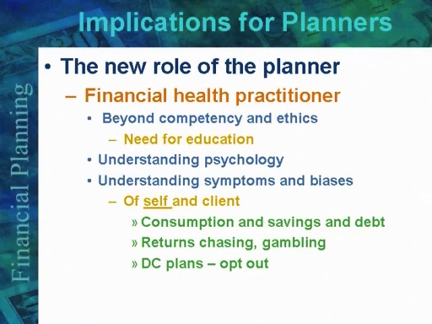DC plans, opt-in, opt-out. I don't know if you know about it. In defined contribution plans, if employees have to opt in, 40% won't opt in, saying they need the money, they can't save, even though the company has matching up to 6%, 10%, so they walk away from free money. If you make it opt out, 10% will opt out. So that's why in the 2006 Pension Protection Act, they made opt-out the rule rather than opt-in.